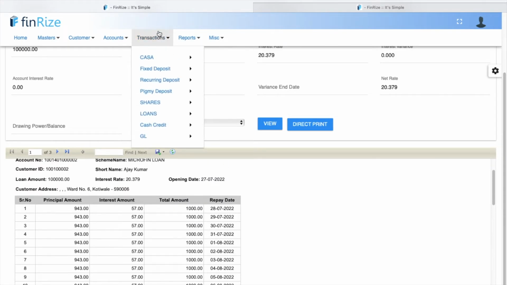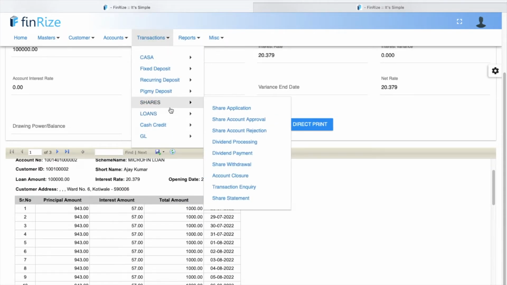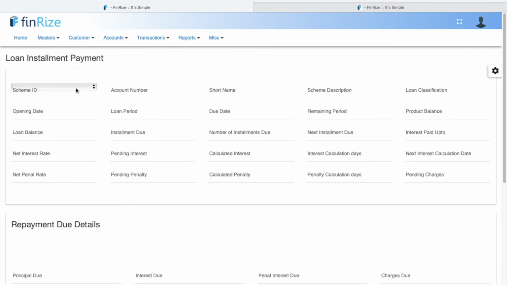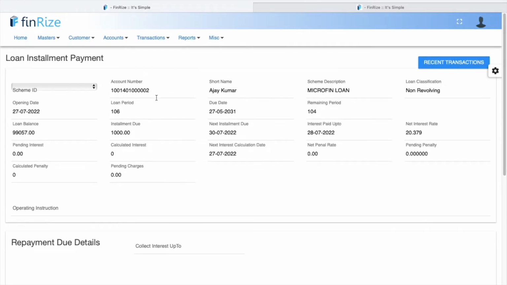And now let's go to the third step, that is transactions. Let's take an example: a customer comes and tries to make a payment. Here is an account we will take. Once you click on the account, it will give you all the information. I have taken a previous account wherein you can see there is a period of 106 days, and out of 106 days